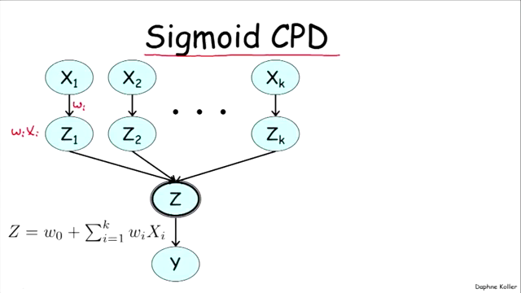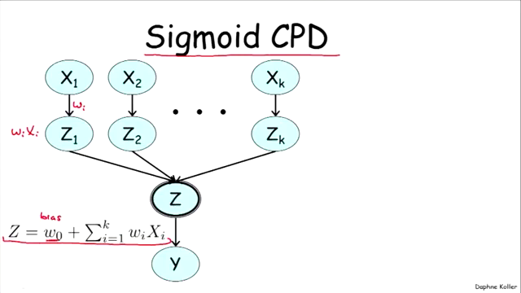So if wi is 0, it tells us that xi exerts no influence whatsoever. If wi is positive, xi is going to make y more likely to be true, and if wi is negative, it's going to make y less likely to be true. All of these influences are aggregated together in this expression for the variable z, which effectively adds up all of these different influences plus an additional bias term,